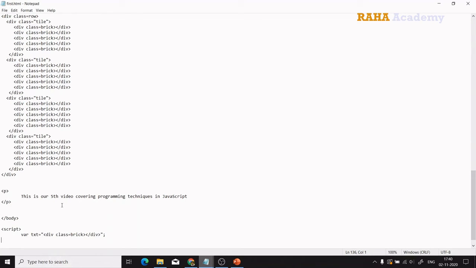How do we put it? We have to create a fresh div tag and give it an ID as, say, new wall,